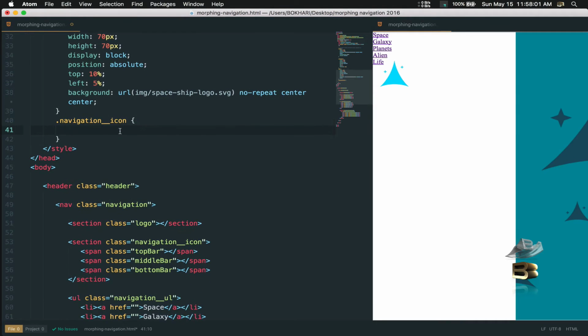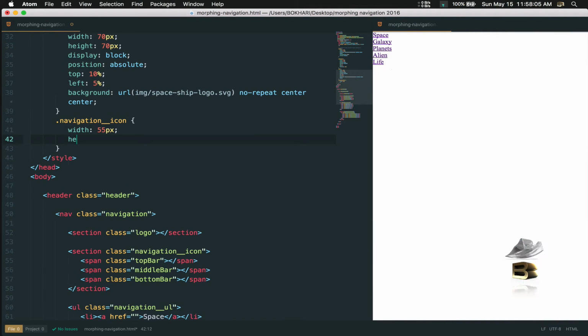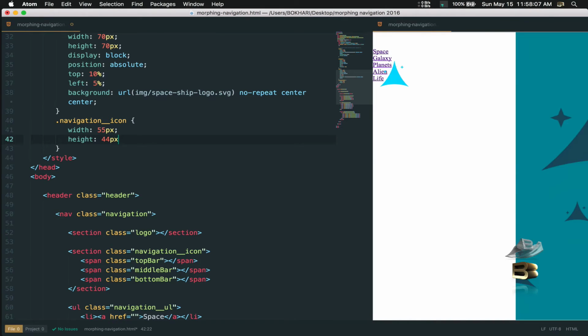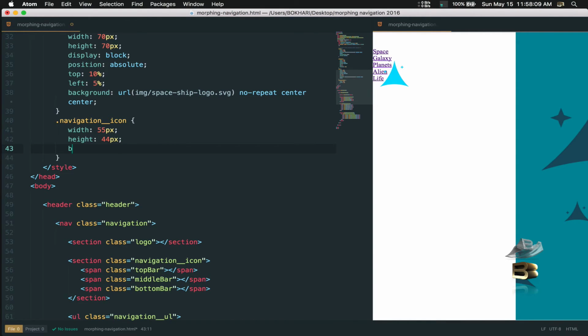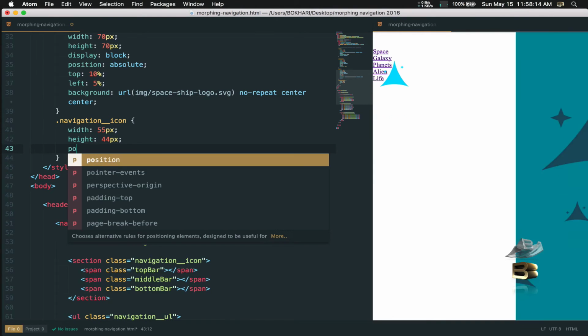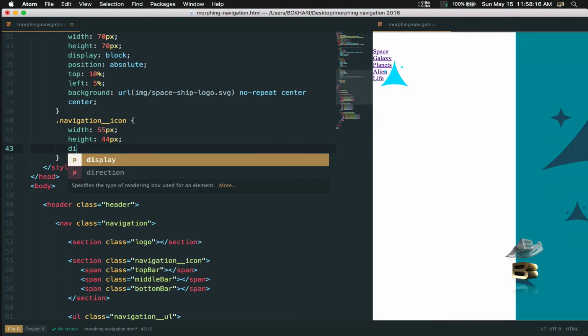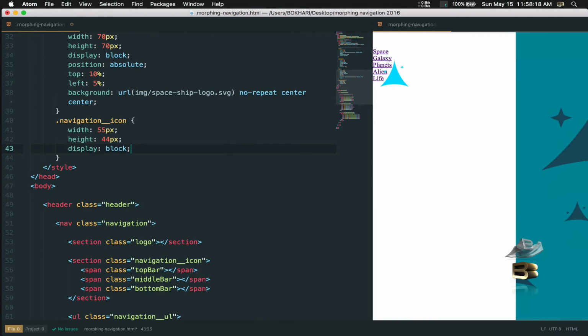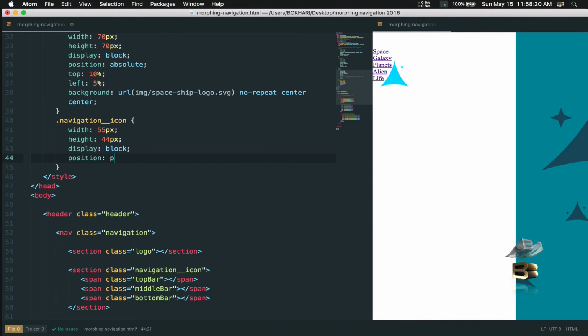That's correct. Okay, so the width is going to be like 55 pixels, then the height is going to be 44 pixels, then the background, not right now, with the display block, then position absolute,